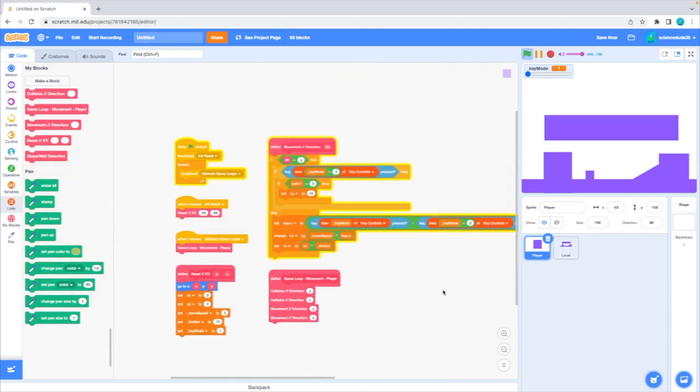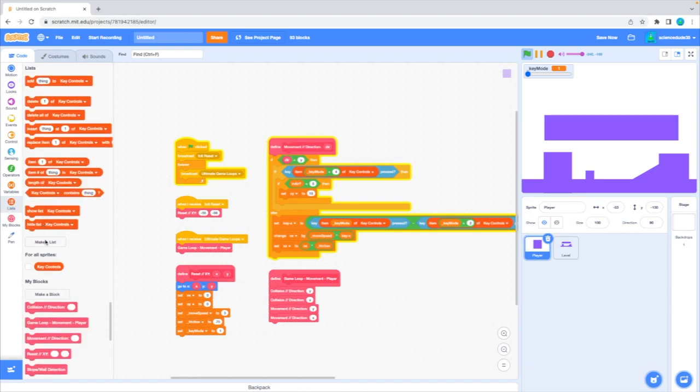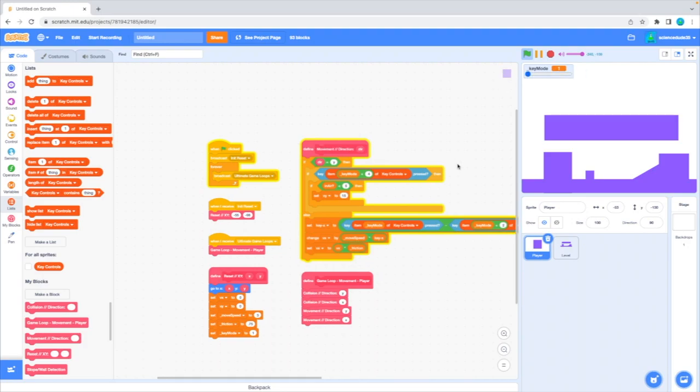What we did after that was, I can't remember. Oh yeah, what we did after that was we created a list for the key controls, and we created a key mode variable so that now we don't have to do right arrow, left arrow, and up arrow. We could do WASD, and we could do that with the simple flick of a switch, quite literally. And then what we did next was we automated as many